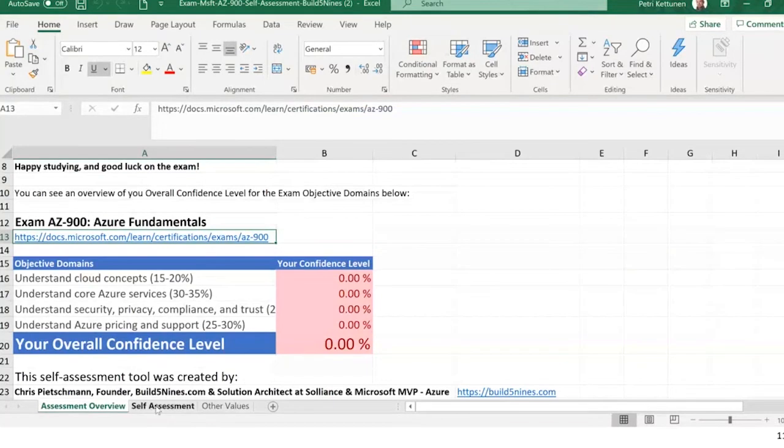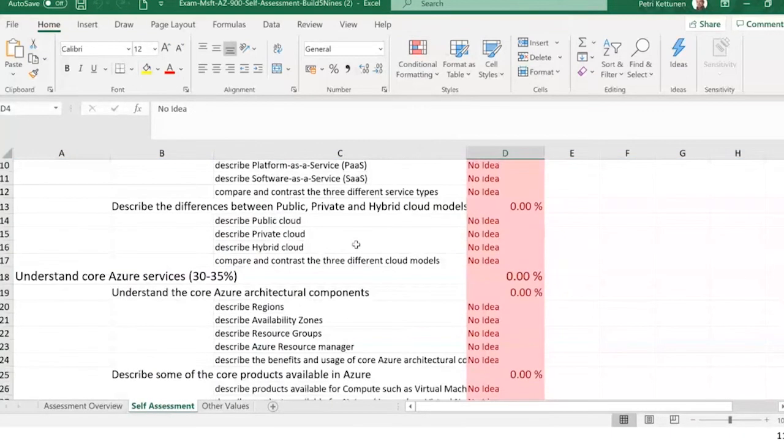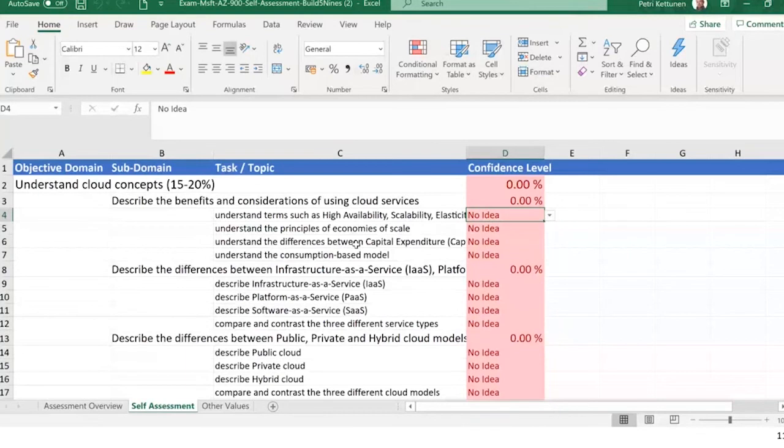On the self-assessment tab, there is the skills measured listing again. I go through it after the studies, or I can use it while I'm starting the studies, and mark and score my knowledge while I'm studying these issues.